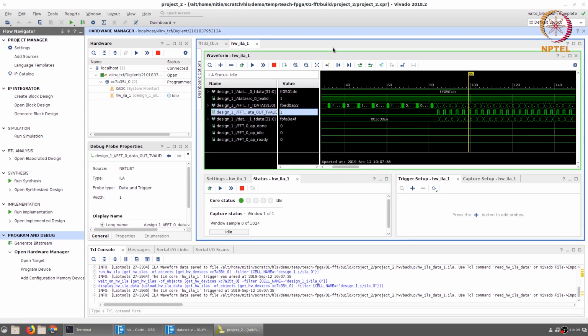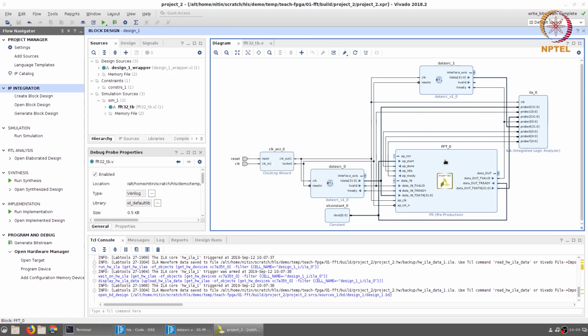So this concludes the demonstration of how to implement the entire FFT module on hardware. To recall, what we did was we created the FFT block first in Vivado HLS and then instantiated it into a Vivado block design. We also created a custom module called a data source that is capable of reading data from a file in hex format and then outputting it as an AXI stream.